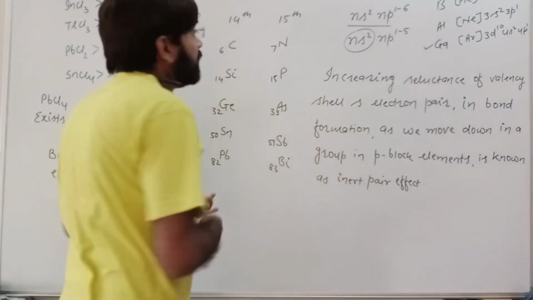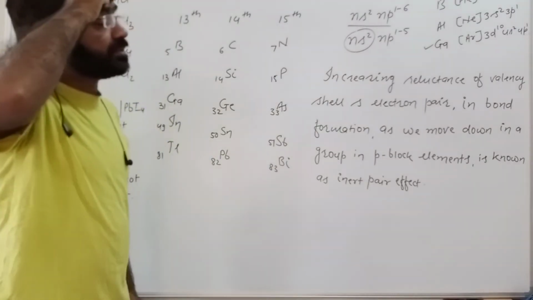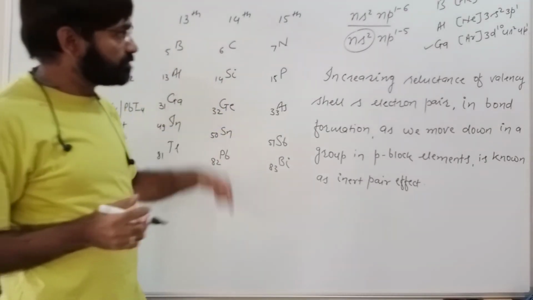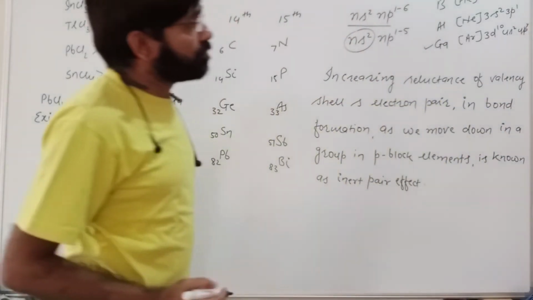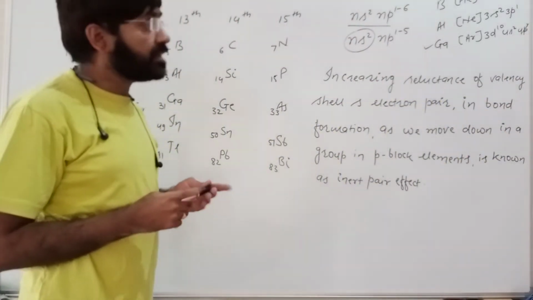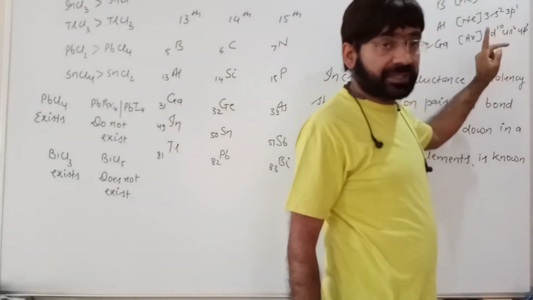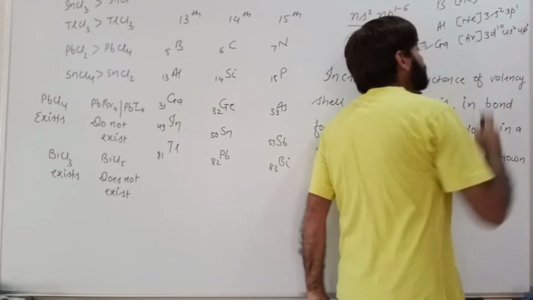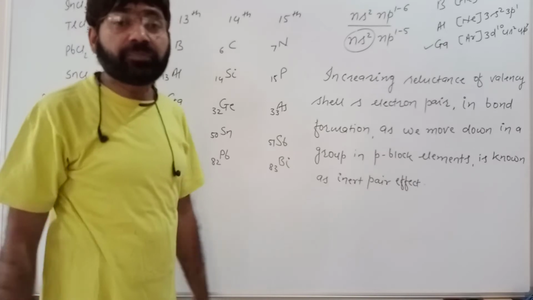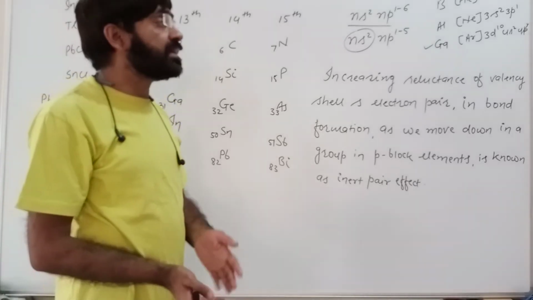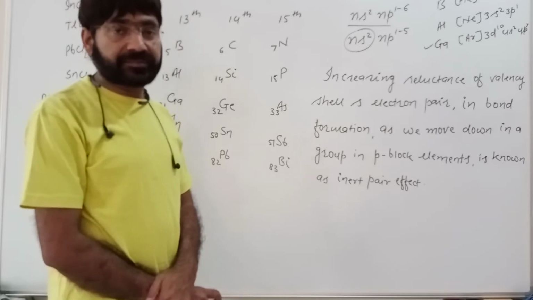For example, the electronic configurations are written here for group 13 elements, so we'll be taking their example only. Fine. So gallium loses one electron from the p subshell. Then this s electron pair is quite inert in bond formation, relatively. So one type of compounds of gallium we will be finding in the +1 oxidation state, because it was quite stable. It was stable enough to exist at least.